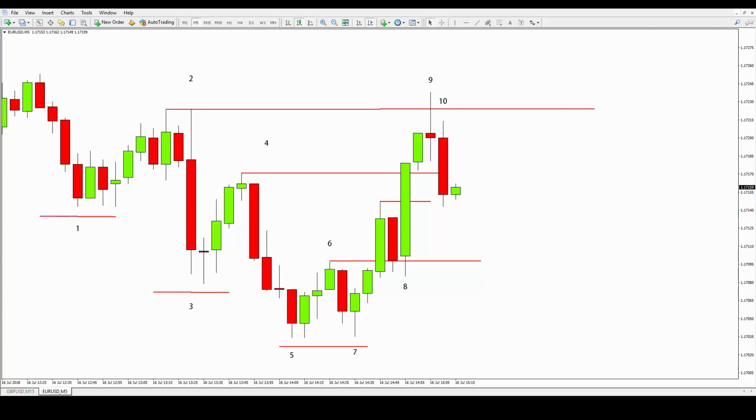Let's see a real-time example of this in the Euro-Dollar 5-minute chart. If you observe the chart carefully, you will notice that from number 1 through number 5, price was stair-stepping down, creating lower highs and lower lows. From number 6 to number 7, price fails to create a lower low, and from number 7 on, price starts to create higher highs and higher lows. This might trigger the attention of retail traders that could be thinking the market is going to rise.